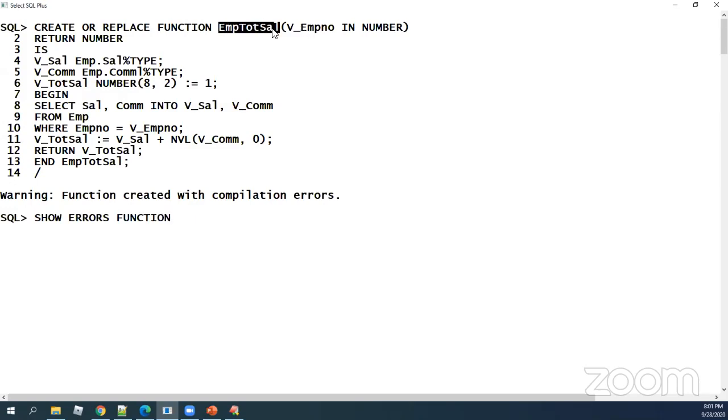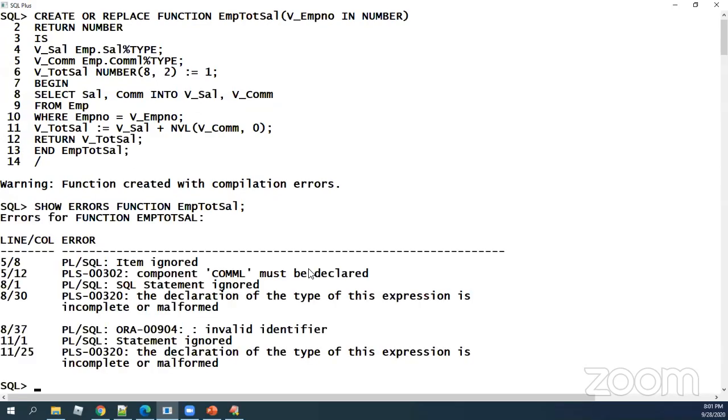Even though people just say show errors, I told you it's a very bad practice, because if you say only show errors, it will show you the most recently compiled code. But in real time, it may not be the code most recently compiled by you. So if you use the function name or procedure name, you can see the errors of any particular object that has been created previously by you.